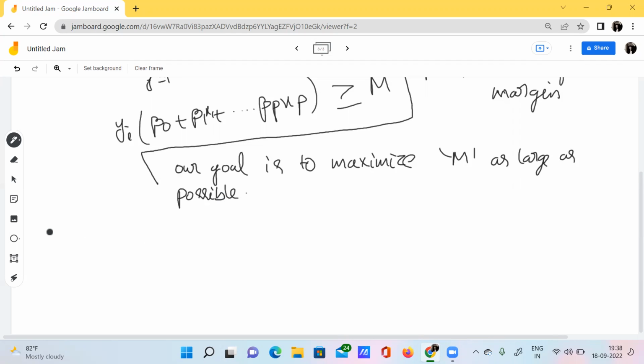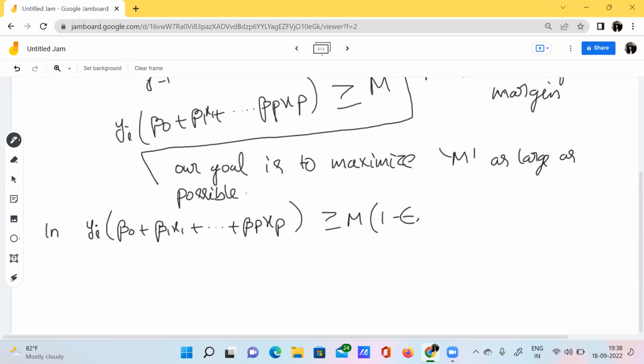That is nothing but yi times (beta naught plus beta 1 x1 plus and so on plus beta p xp) should be greater than or equal to M times (1 minus epsilon i). So in this equation, it should be greater than M times (1 minus epsilon i).